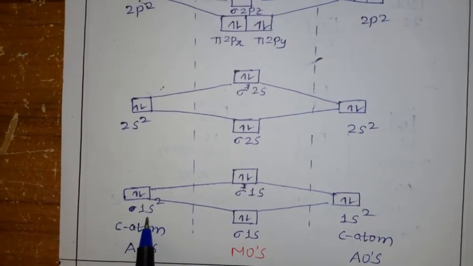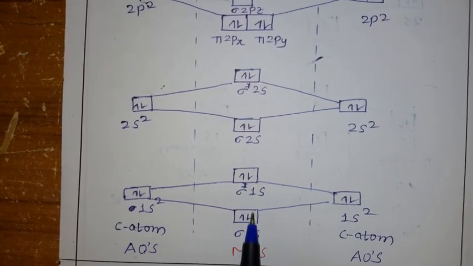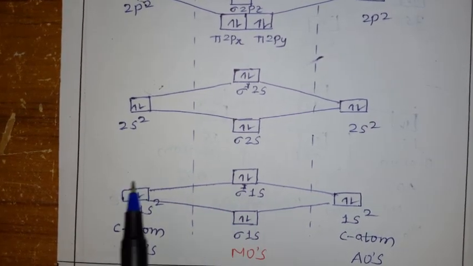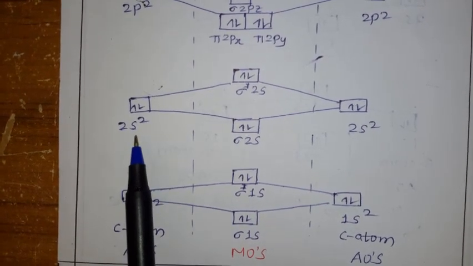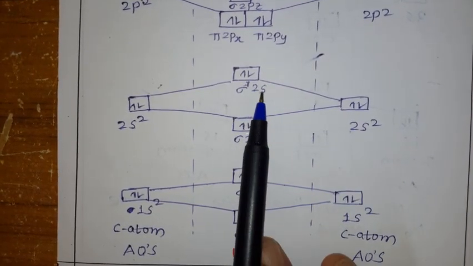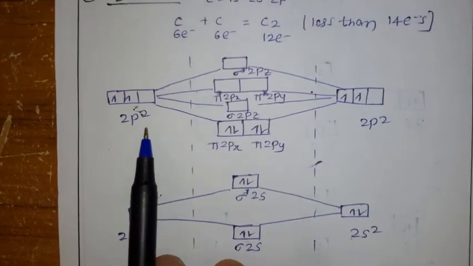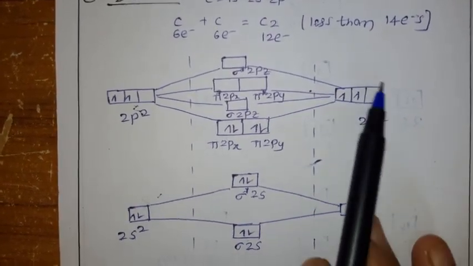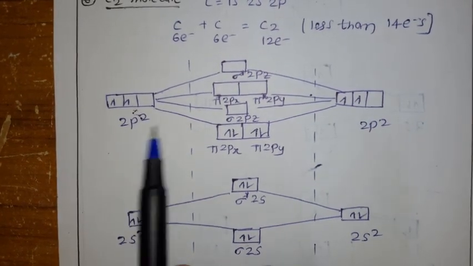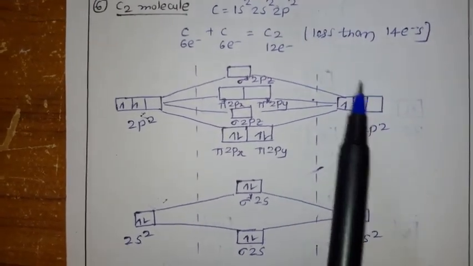Okay. First what we have here, 1s2, 1s2. So 1s gives two molecular orbitals. In that, one is bonding and the other is antibonding. Next, 2s gives two molecular orbitals. One is antibonding, one is bonding. Next, 2p is there now, so 2p, 2p. So total how many atomic orbitals are there? 6. Why? Because 3 plus 3. Okay, total 6.